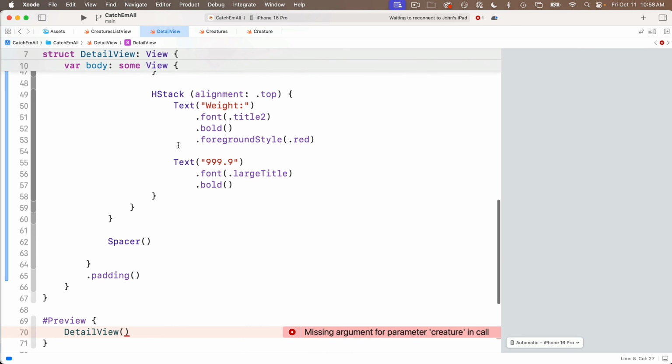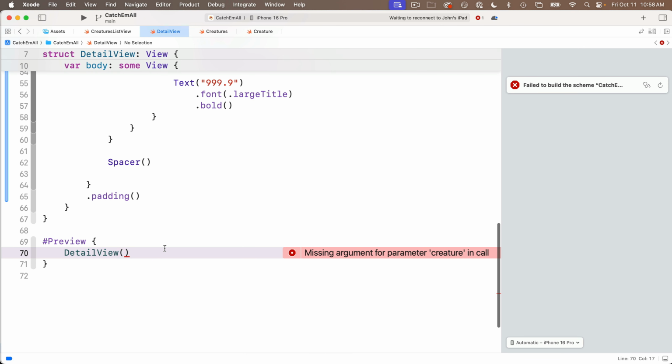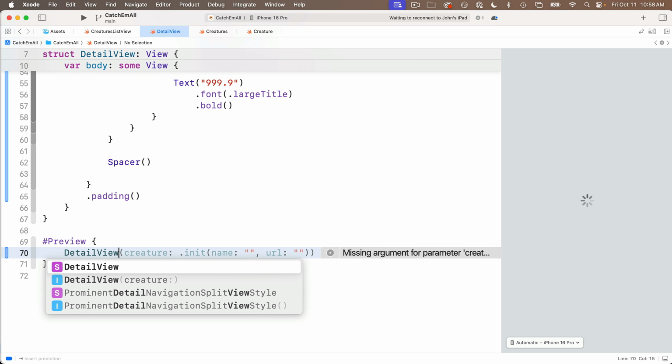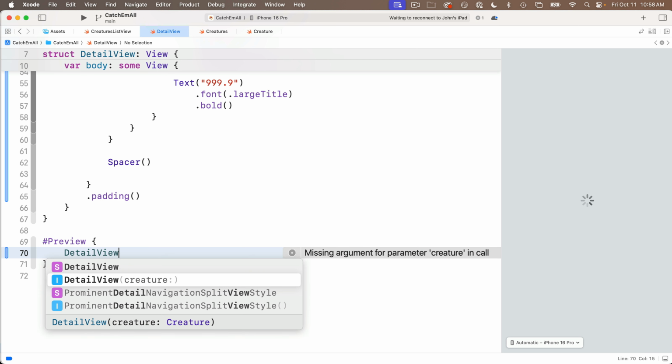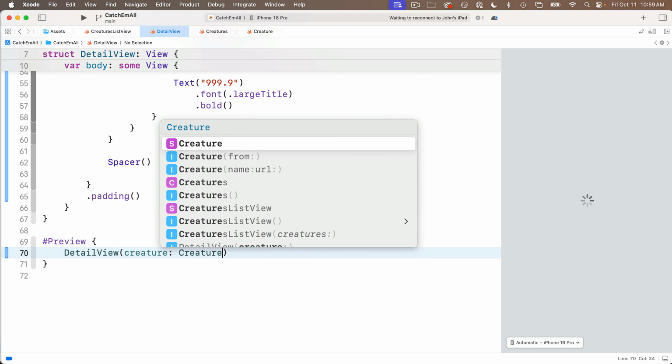So we get an error down here, and the reason for this is because now we have a creature value that's declared but not initialized in our DetailView. So every time we refer to creating a DetailView, and that's what we're doing here, we need to pass in that creature value. So if I backspace over the DetailView and retype it, now instead of having just empty parens, it wants a creature to be added in here. So I'm going to add the creature with a capital C Creature,